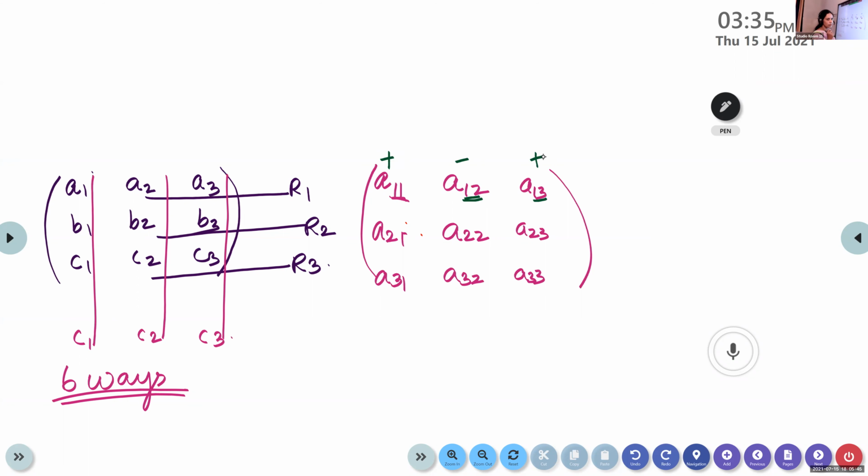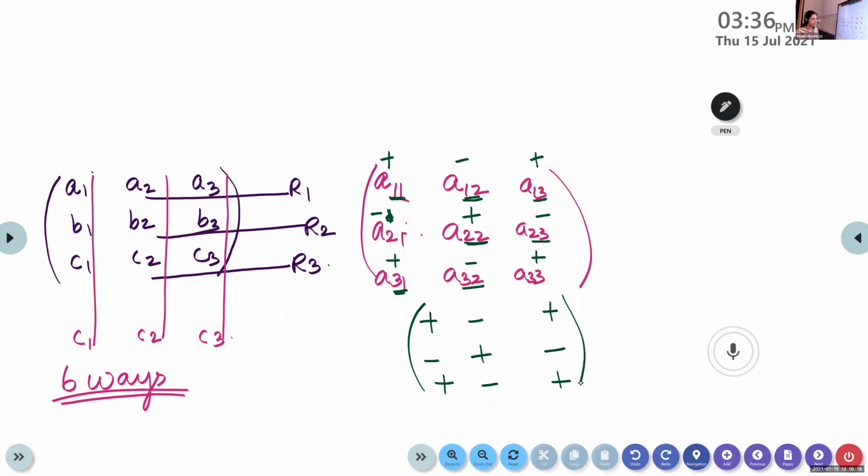We have to look at the sign also there. The sign is decided by the sum of these positional values. Look at here, if it is an odd number, here it is minus. 2 plus 1 is 3, so it is minus. Here, even number, so it is plus. Here it is minus. Again, even number, plus, minus, plus. That is, the sign takes this form: plus, minus, plus, minus, plus, minus, plus, minus, plus. This is the form.